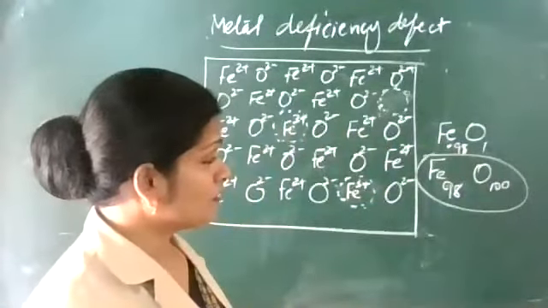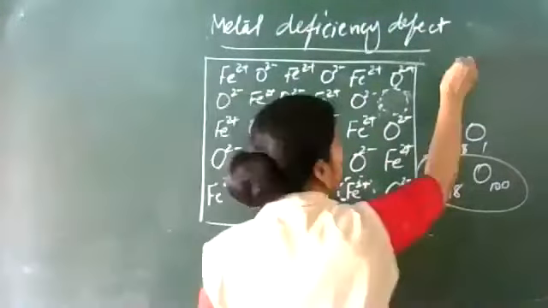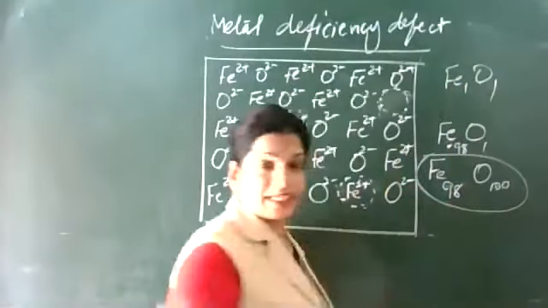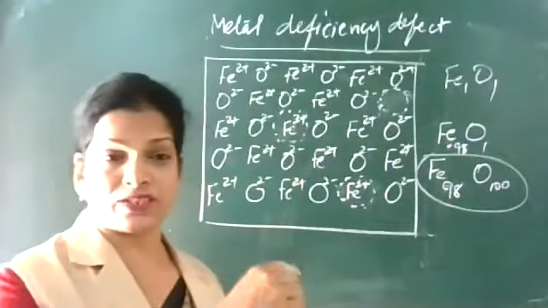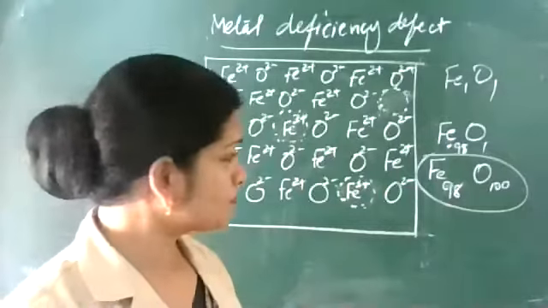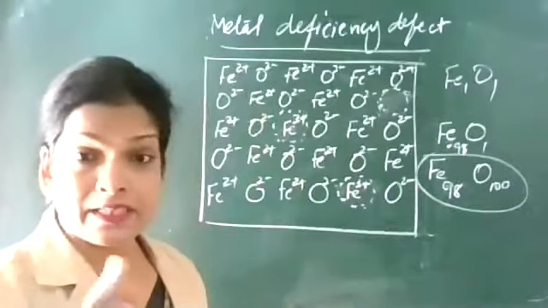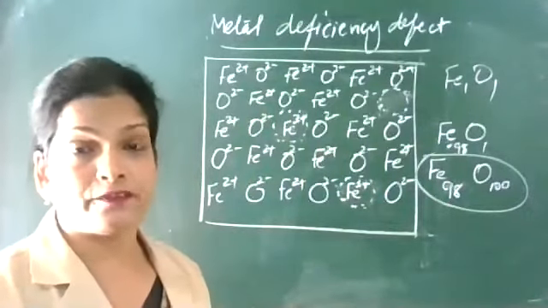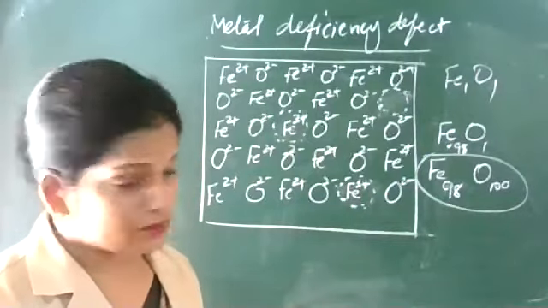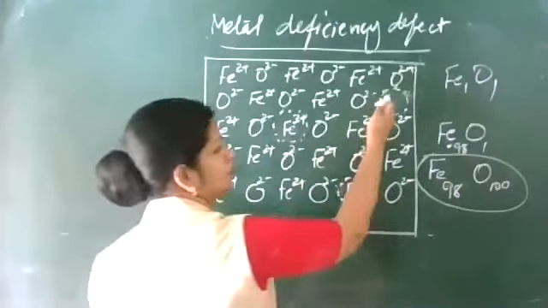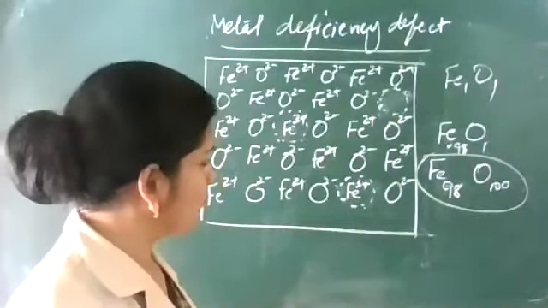So, stoichiometry here. This Fe1O1 was the correct stoichiometry. But now Fe0.9, whenever you see this fractional format, decimal format, that means stoichiometry will be off. That means it is a non-stoichiometric defect, metal deficiency defect. Now, what is the after effect of these things? Of course, here gap is there. It will show better conductivity if there is gap.